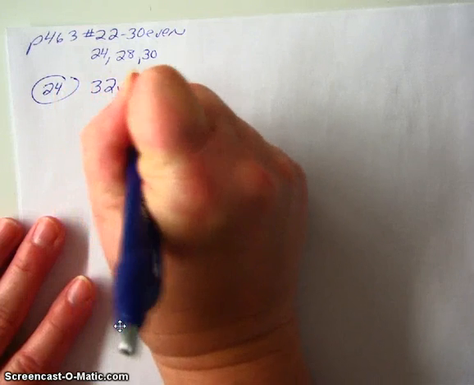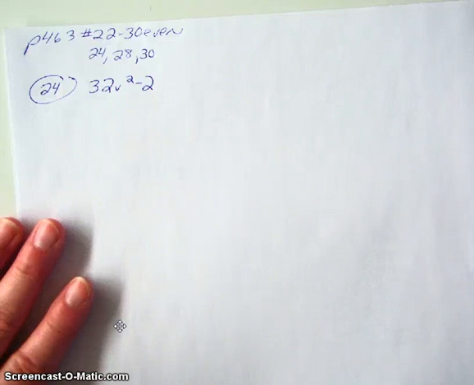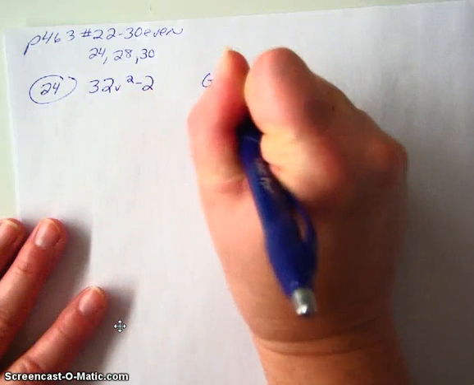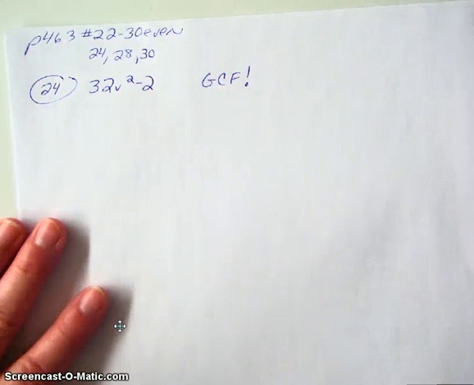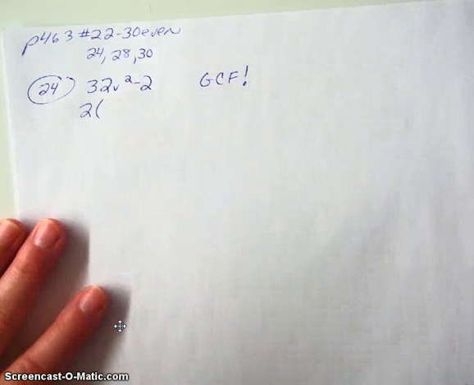32b to the second minus 2, okay? So you have to remember, and if you don't remember, it's going to mess you up. What do you always do first, okay? Anytime that you can divide a GCF out of the entire polynomial, you should do that before you do any other method. So when I look at this problem, the first thing I notice is that 2 can be divided